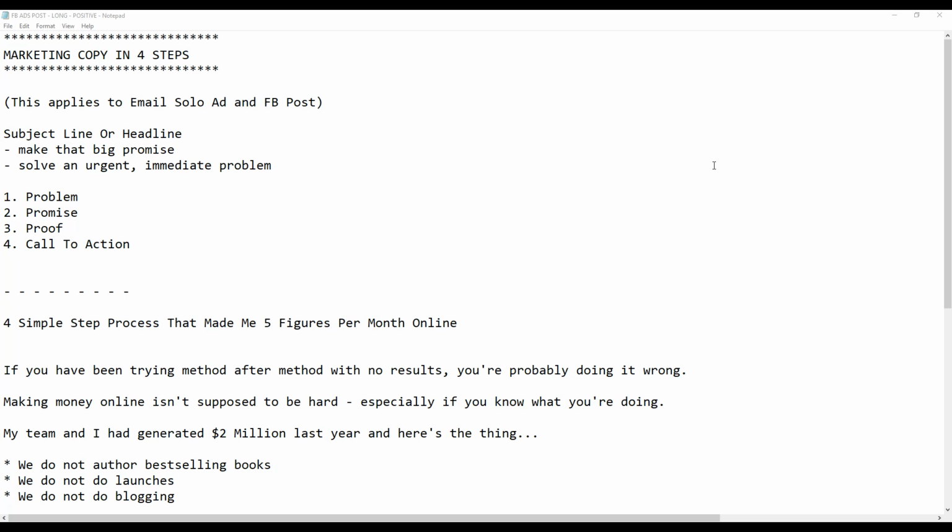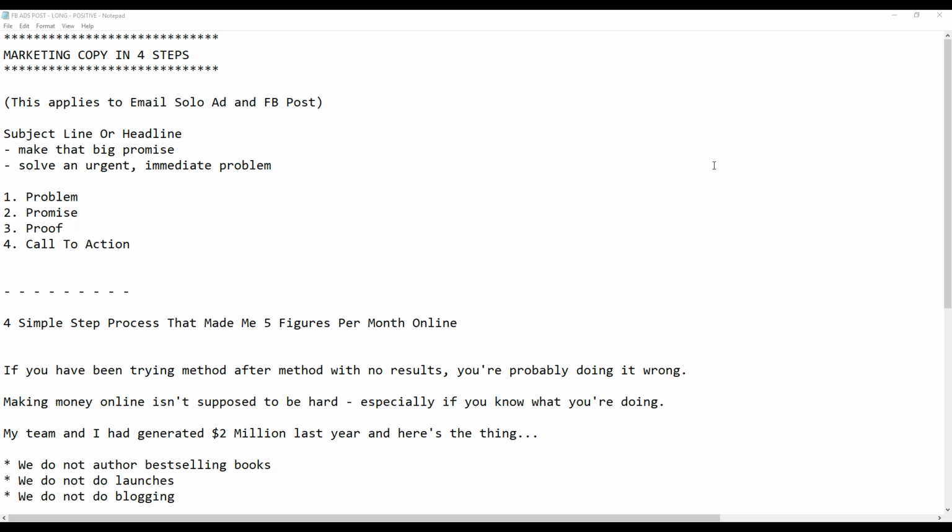Now, this 4-step formula is basically slightly rephrased from another one where the 4th step is usually naming the price. But in this case, there's no price to name. And I advise against doing that because as a general rule of thumb, you do not want to name the price upfront in the email or even in a Facebook sponsored post, unless you are selling some e-commerce products, then that might make sense. But in this case, most of the time you will not be furnishing the price upfront. You'll be calling for action here, which is normally clicking on a link to visit your website or your landing